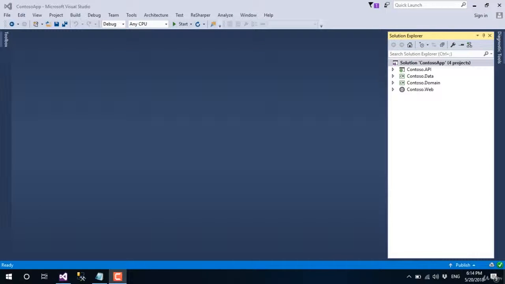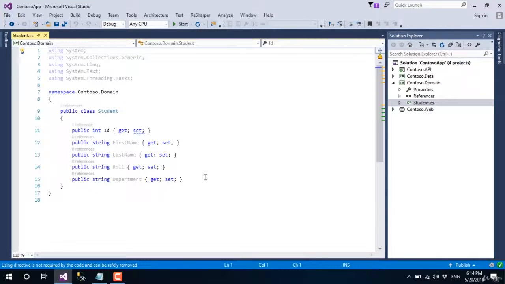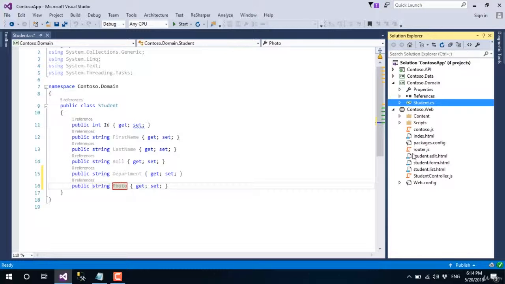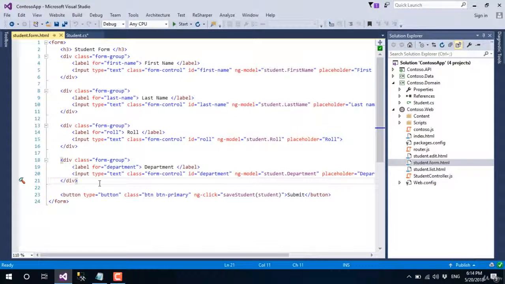We need a photo for a student, and we need to add a new property for that. Let's go to the ControlCenter.Domain project, open the Student class, and add a new property. I'm naming it Photo. Now let's go to the ControlCenter.Web project, go to the student.form.html file, and add a new